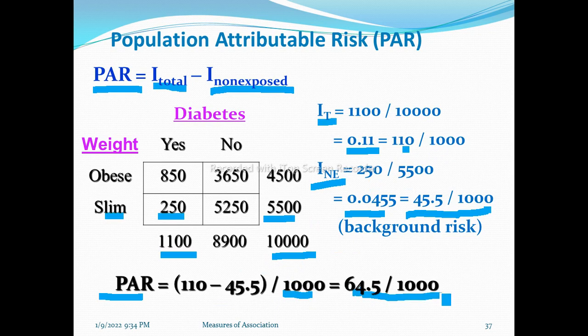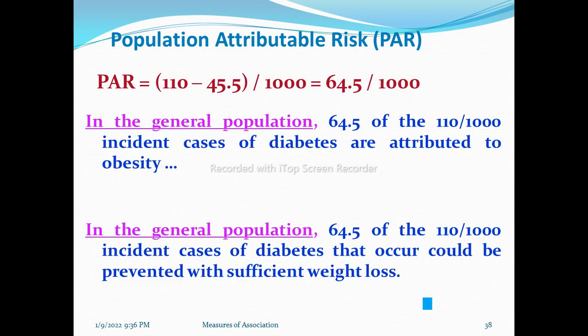64.5 per thousand. So this is known as population attributable risk. Population attributable risk is 64.5. So in the general population,